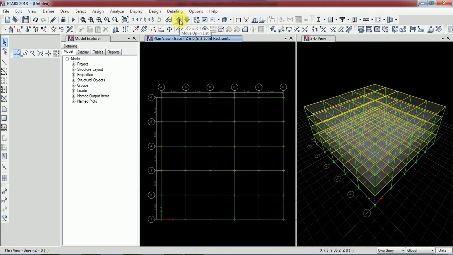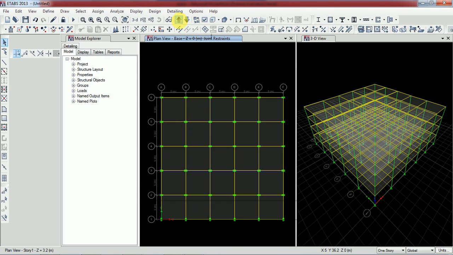As I go upwards, this is at the base, and this is story 1. Story 1 is nothing but the plinth level. We can see that in the plinth level only the outer beams and the columns will come, and the slabs and the inner beams won't be there under the plinth level. So I need to delete the slabs as well as the inner beams. As I told, select the one story option,